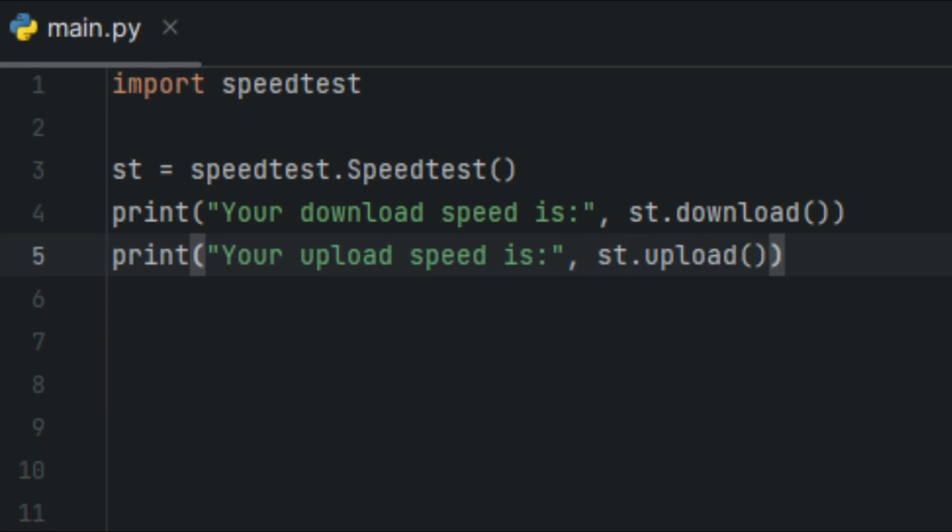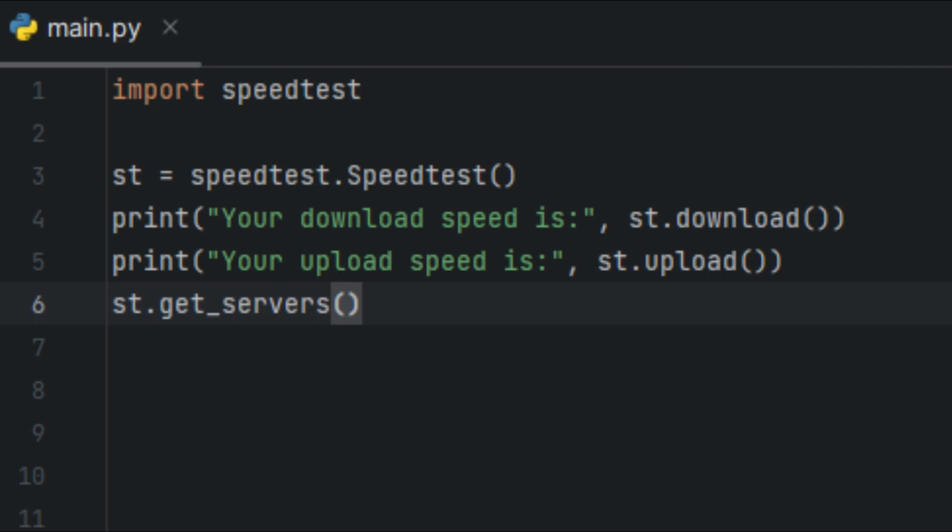To make things more interesting, let's see the ping time of our connection. By the way, if you don't know what ping time is, it's the time that it takes for data to travel from your computer or device to the servers and back. A low ping time indicates that the data packets are traveling quickly between your device and the server, resulting in a faster internet speed. And a higher ping time suggests that there are delays or congestion in your network, leading to a slower responsiveness. So to check the server's ping time, we're going to say st.get_servers, and in these parentheses